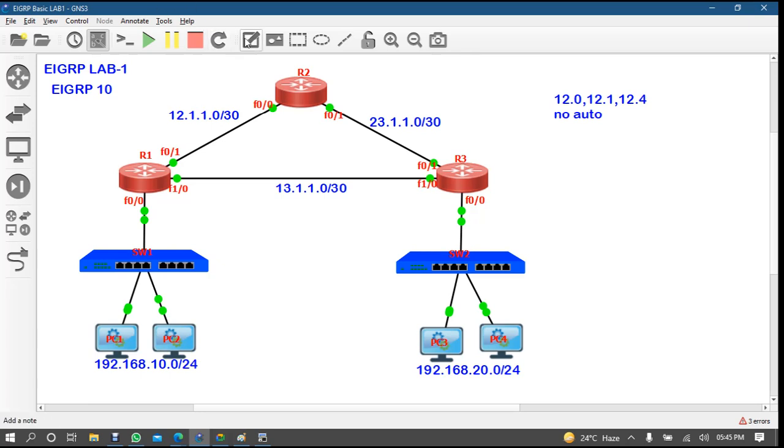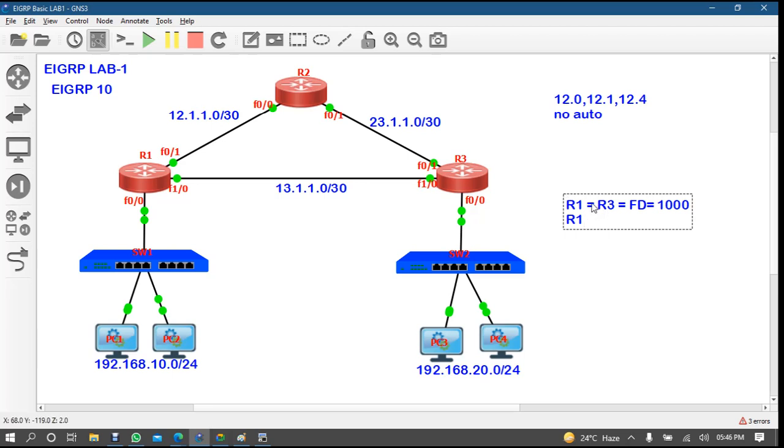So for example, if I'm on R1, R1 to R3, the feasible distance, the successor, is for example 1000. R1 is looking for a second path; this is the best path.